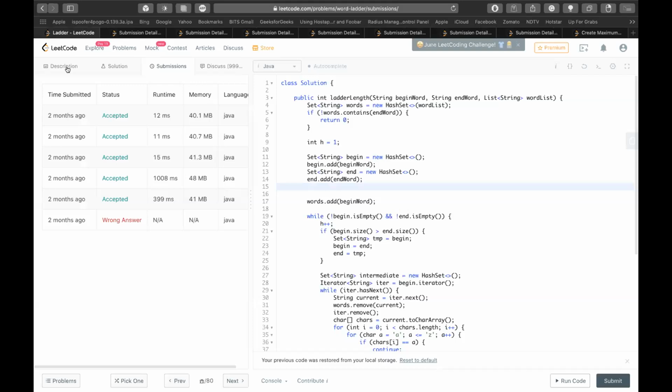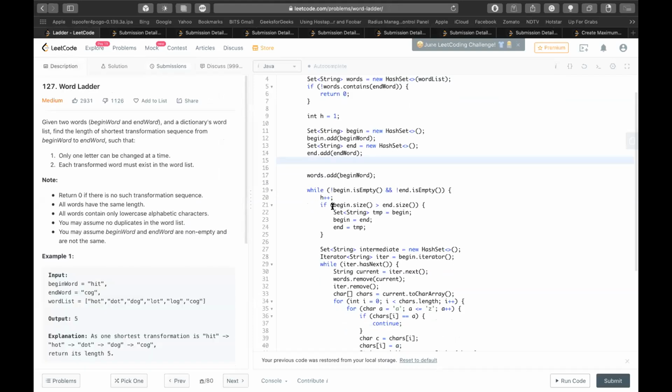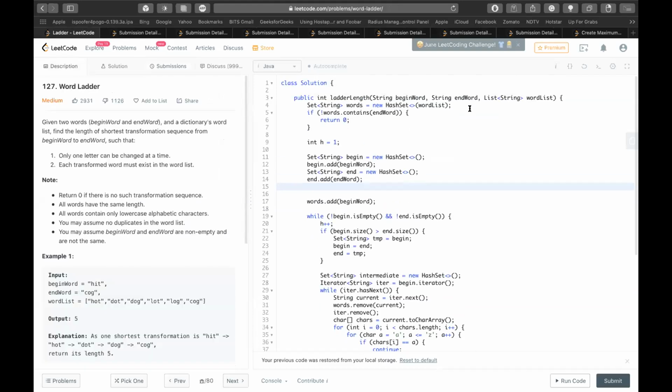Yeah, here it is. It's similar to the earlier solution that was shared. Basically I'm creating the word list as a set itself, and I'm adding that word to the begin and end.